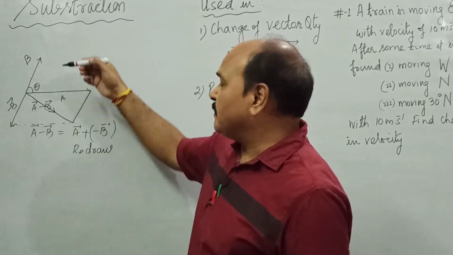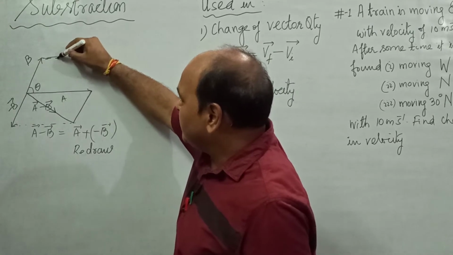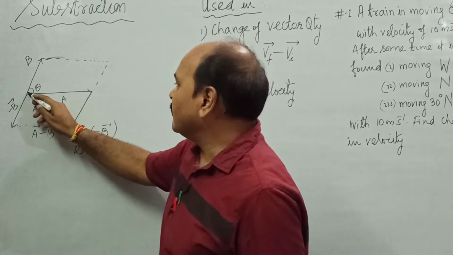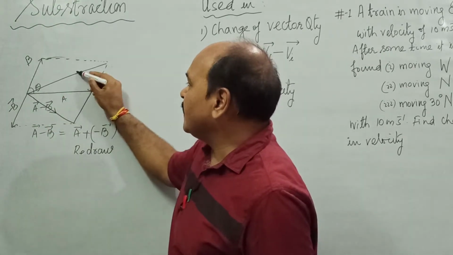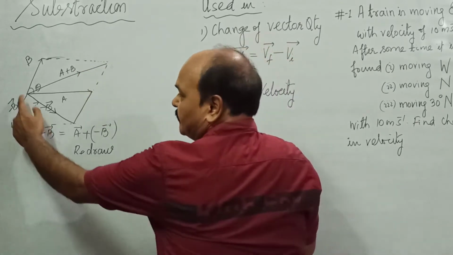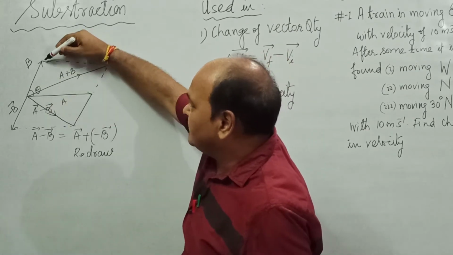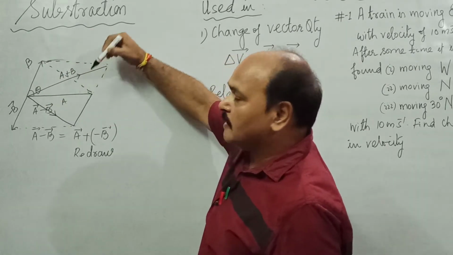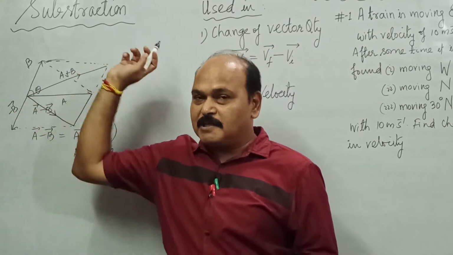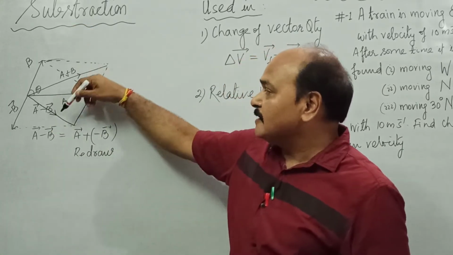If we were to find out the sum of two vectors A and B, then the vector sum is going to be this diagonal of the parallelogram, which we are not finding out. This is the sum of two vectors and this is the difference of two vectors. And if we shift it parallel to itself, we get the other diagonal. So if these are two adjacent sides of a parallelogram, the diagonal through them is their vector sum. And what about the other diagonal? The other diagonal is their vector difference.